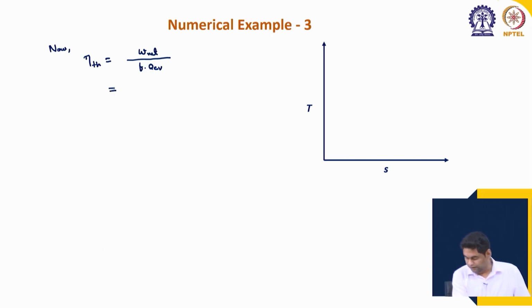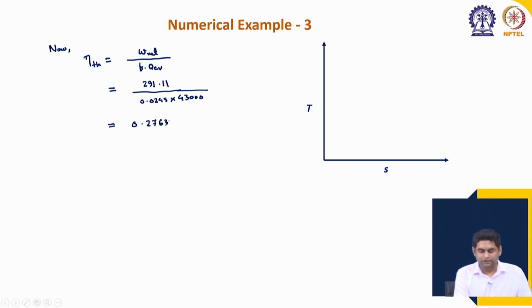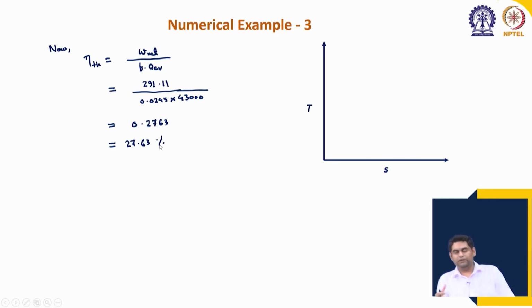So, W net we have already calculated, which is 291.11. F also we have already calculated, 0.0245, and calorific value is given to us as 43,000. So, this gives us a final efficiency of 0.2763. You can see that this is a relatively low value, 27.6%, which means what? This is a realistic value for this type of gas turbine, because we have assumed all the losses, as well as